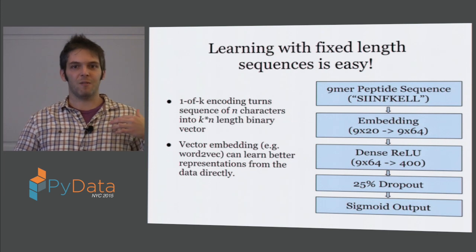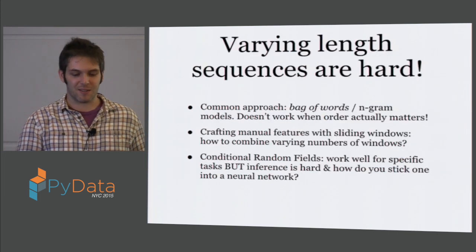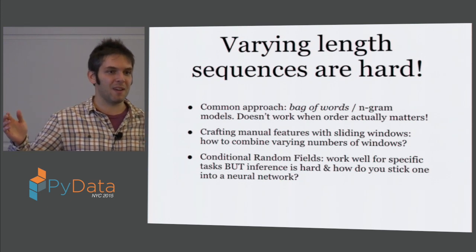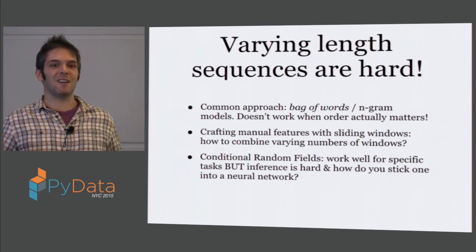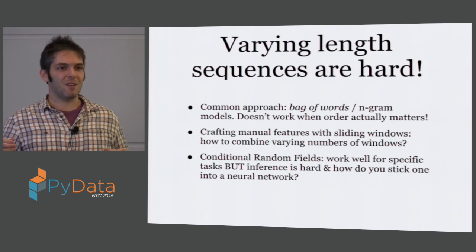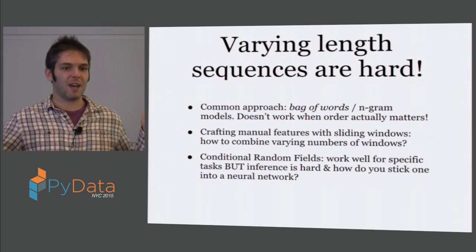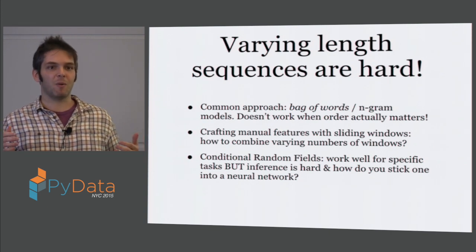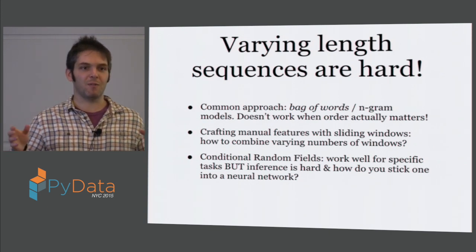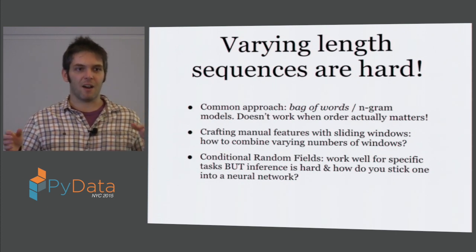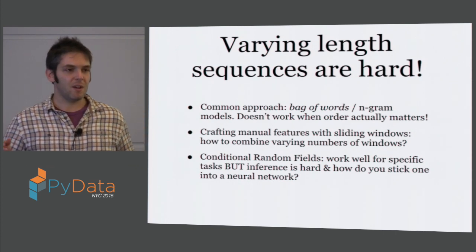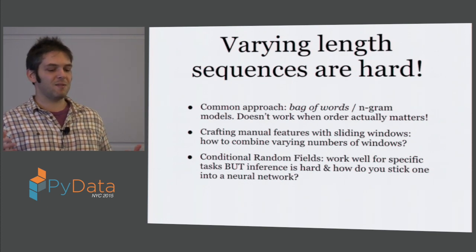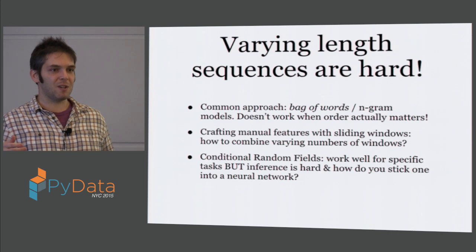So I think if you're doing sequence learning, it gets interesting once you have varying length sequences. So you have true sequence data in the sense that you might be learning over a corpus of text or full sequences of proteins or something where there's not one fixed simple vector representation to describe each sequence. And so there's traditional approaches to dealing with these kinds of data sets. So by far the most common is just to